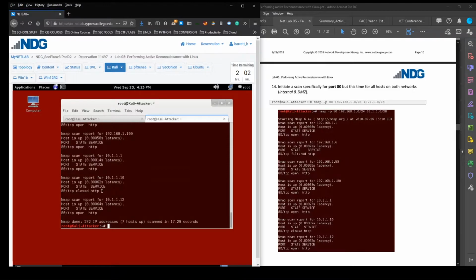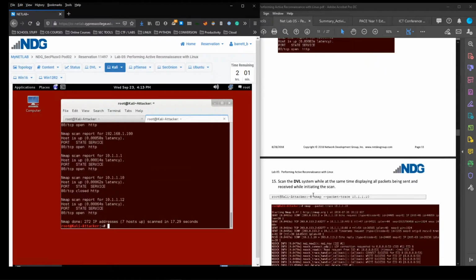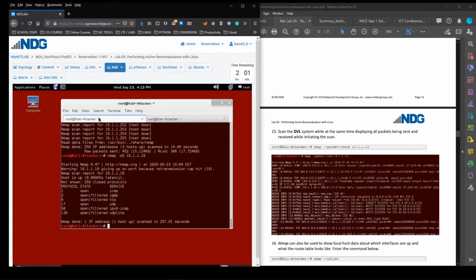Some more open. There's that DVL machine that we saw just a bit ago that was closed. So yeah, very useful in the case that you're needing to scan multiple systems on a network. And I'm kind of curious where we're at. Okay, so this